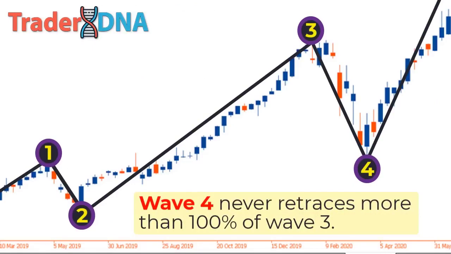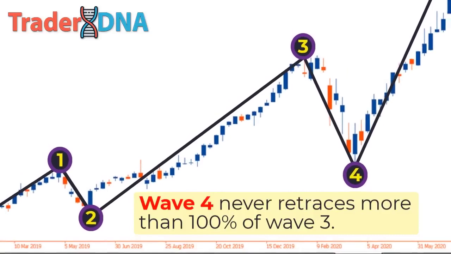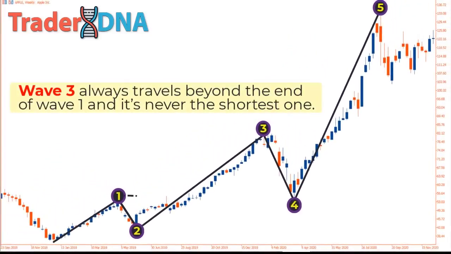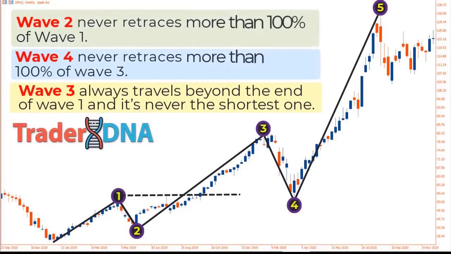Rule number 3. Wave 3 should always travel beyond the end of wave 1 and should never be the shortest one. Wave 3 will usually extend 161.8% of Wave 1. To play the Elliott wave strategy, it's best to let the first 4 wave movement unfold